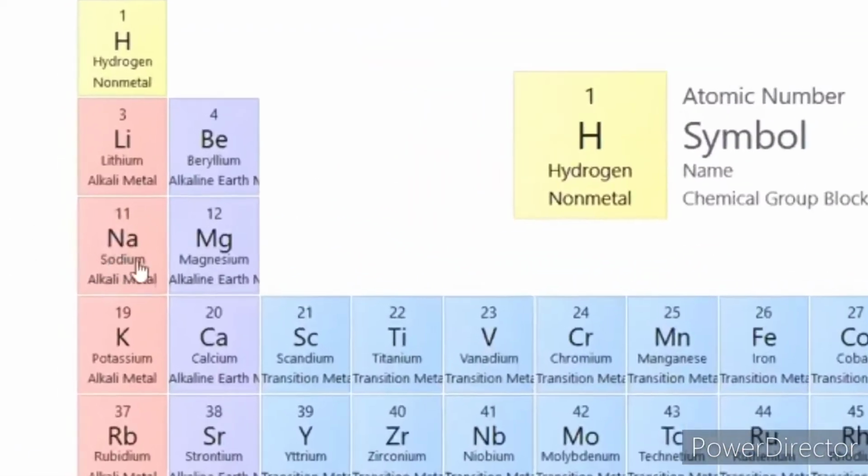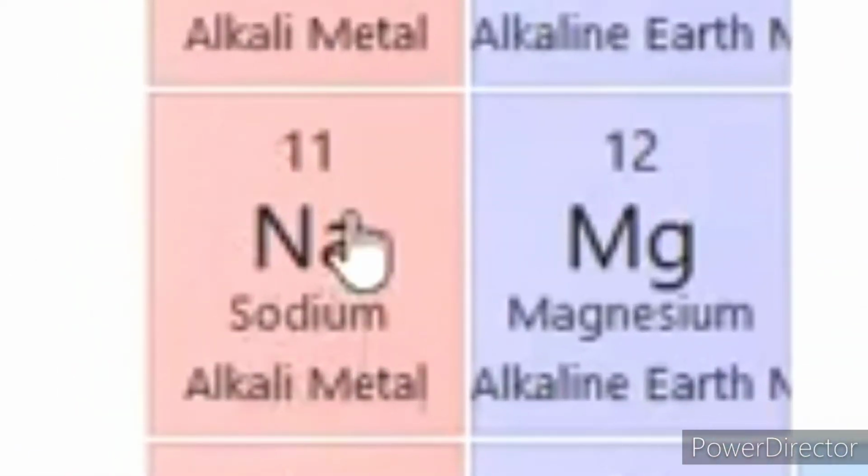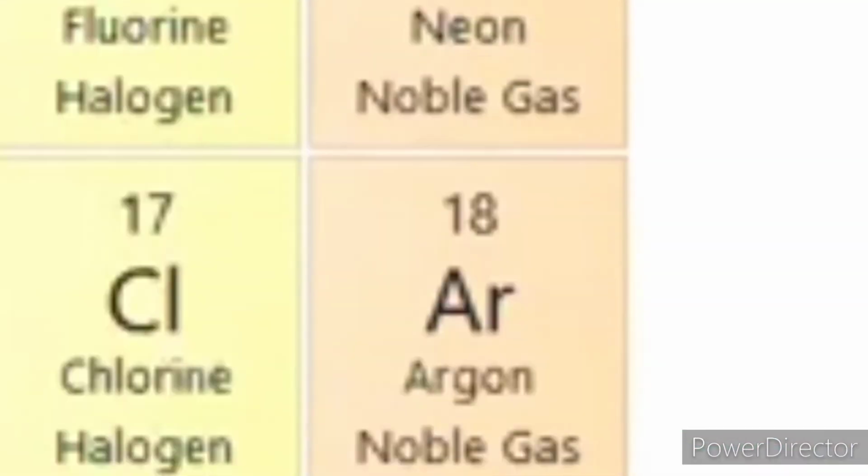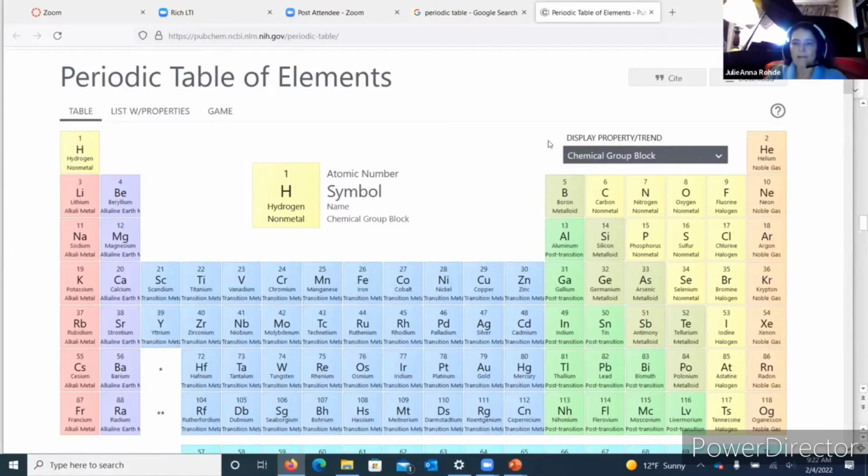This is sodium, number 11, here on the left-hand side of the screen. And then we have chlorine over here on the right-hand side, but not in this last column. Okay. I went over this on Monday, I think, very briefly. I may have said this really fast, and I may not have said it to all classes, but this right here, these